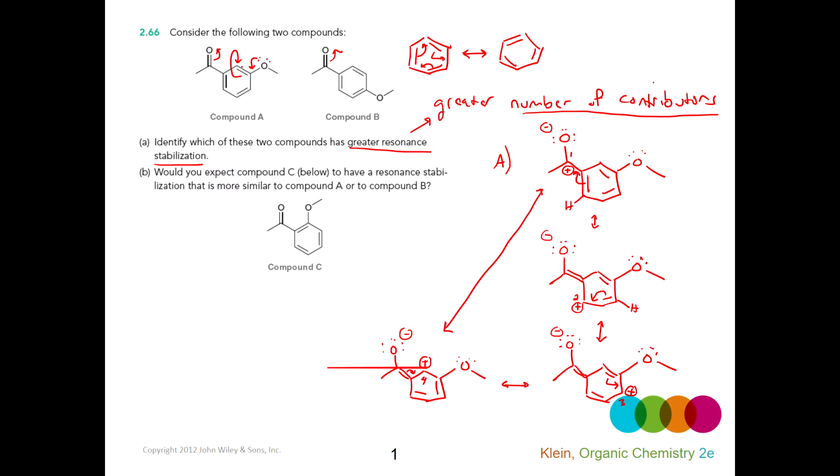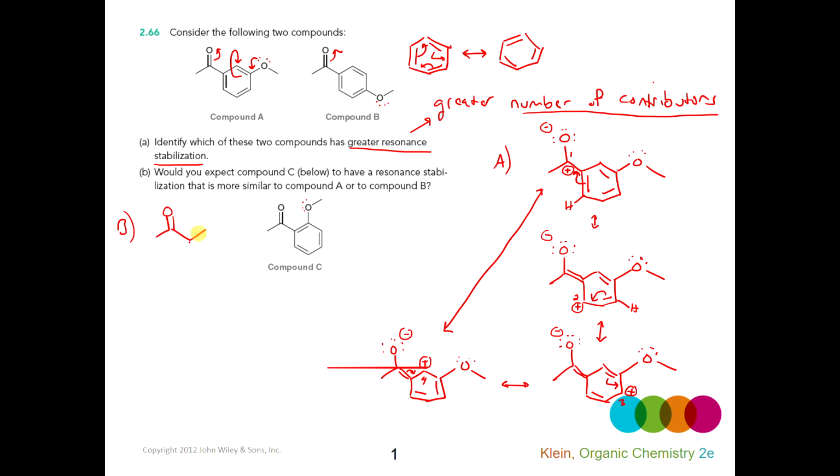So that's probably, although it does follow one of the 5 patterns, probably not a very significant contributor to the resonance. So this is, for the most part, my significant contributors, and the stability is going to depend on how many of those I can draw. For molecule B, and it also turns out for molecule C, I can actually involve the lone pairs on this oxygen in a way that's not going to work so well with compound A, and that's where the difference lies to help you answer the question. So if we look at compound B,